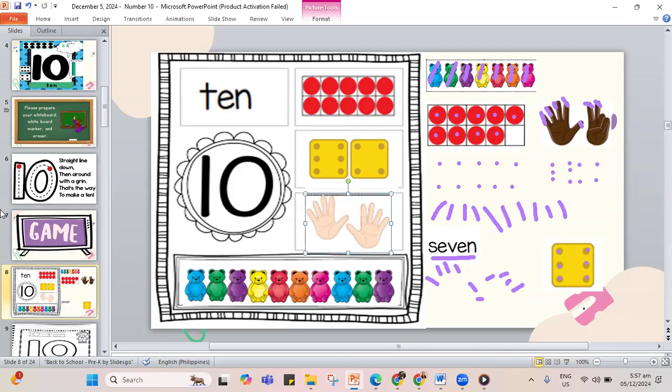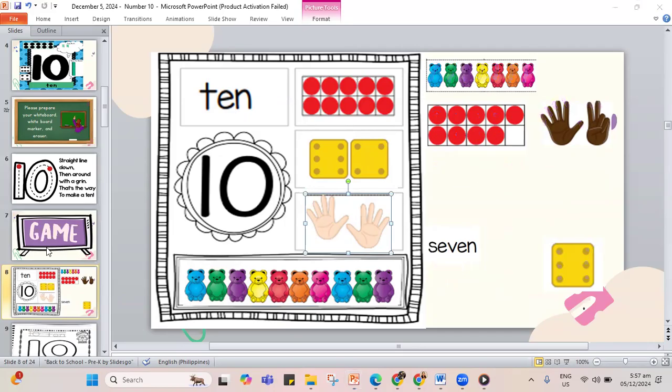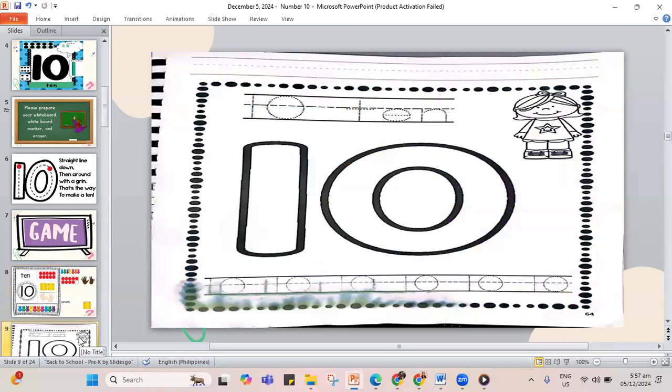Let's erase the writings on the screen and move on to another part of our recorded class, and that is to work on our work. It's going to be the number 10. So please get your number sense book, go to page 64. This is our work for today. Let's start with writing the name. On your work, please write your name and please trace your 10 and the word 10.